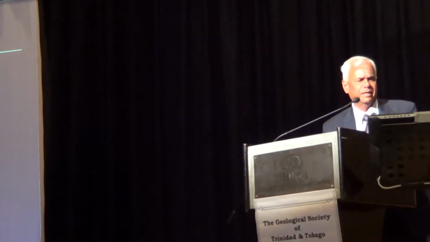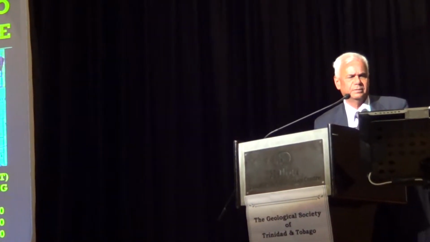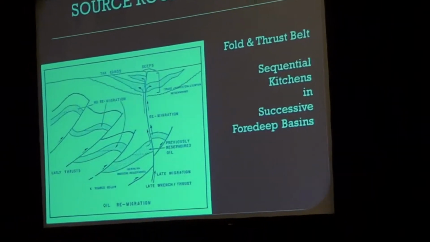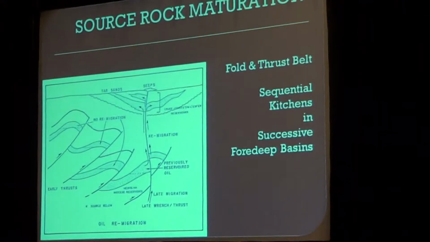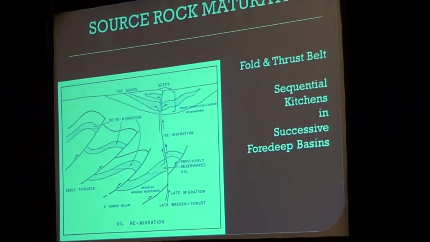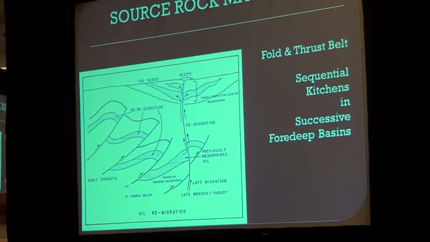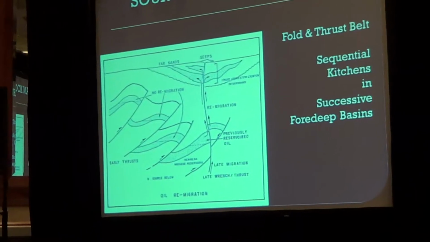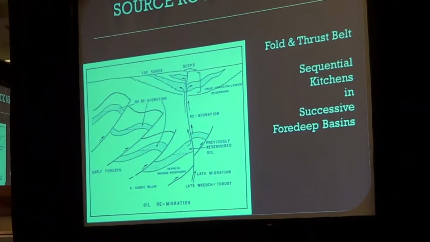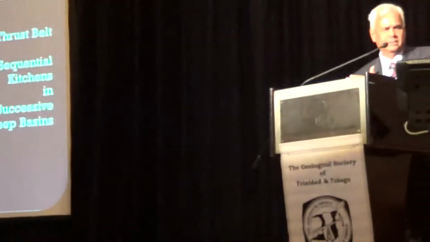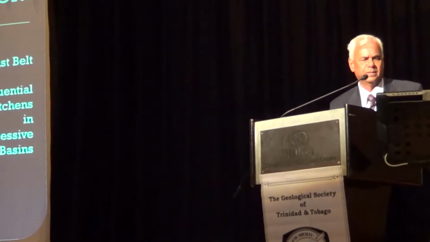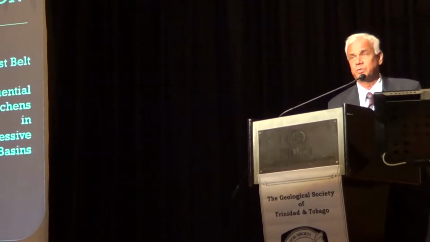Now, if we look at source rock maturation, I'm sorry, I'm going back. Source rock maturation first took place with the oblique collision in the formation of the 4 deep basins, and there's also a series of sequential kitchens forming as the oblique collision continued and progressed to the east, southeast. There was also remigration later on, which is another story I'll come to in a bit, which resulted in the